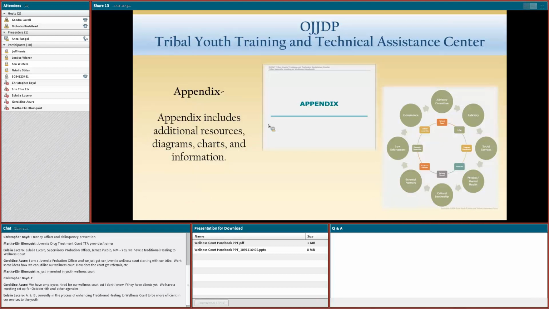If you flip to the appendix, you're going to see links to actual form examples to many of the things like MOU, MOA, letters of support, charters for advisory committees. There's links to a number of hard resources that you can utilize when you're looking to develop maybe something specific to your community. And I just want to preface that with, these aren't things that you can just hit copy